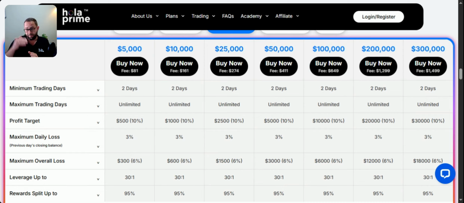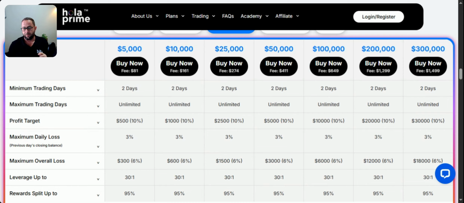So, although they might be able to make potentially a lot more money if their lot size is increased, it also opens you up to way more risk if the trade goes against you. Sometimes traders, especially beginner traders, don't even use stop losses, meaning that if the trade goes against you or they don't monitor the trade, the account can very easily get to that drawdown where you hit your maximum overall